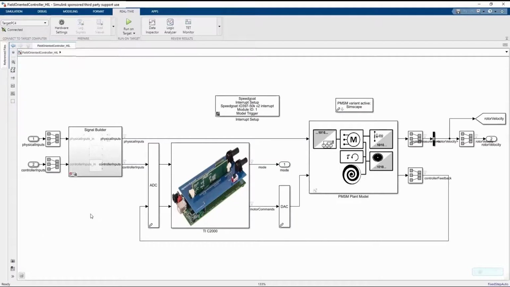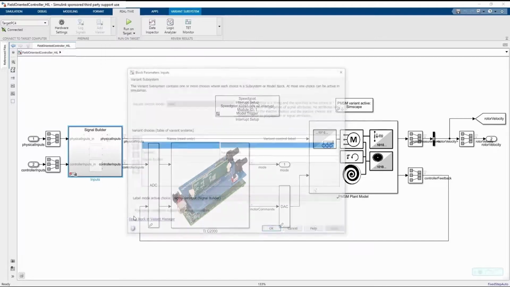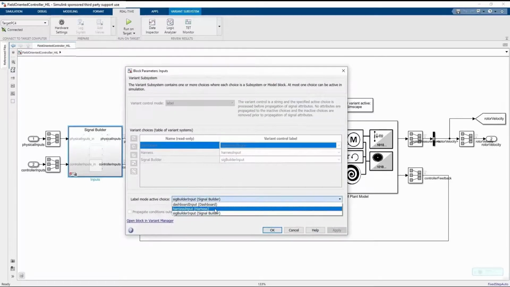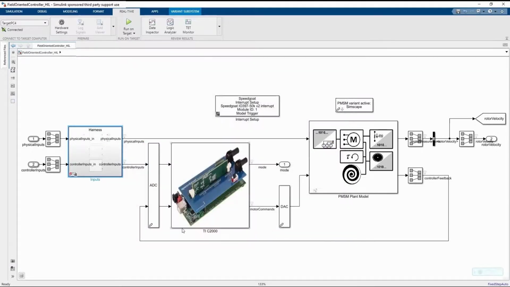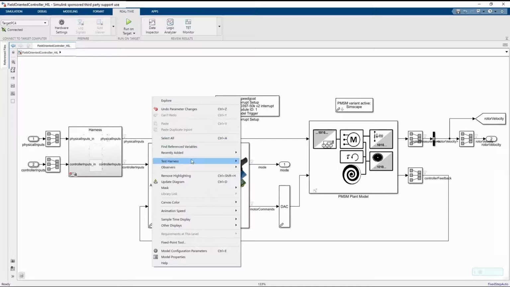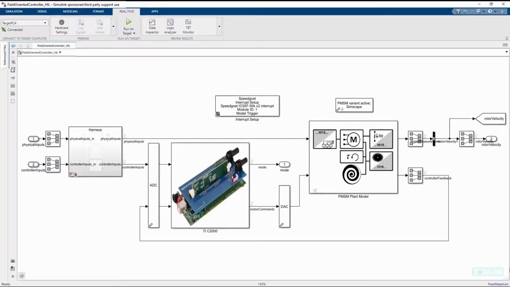For automated hardware-in-the-loop testing, we can use a test harness to apply different stimuli to the model's root-level inputs. A test harness is an encapsulating Simulink model which allows us to connect multiple test inputs and verification statements to our system under test. A test harness can be quickly created for any model by right-clicking and selecting Test Harness Create for Model. In this case, though, we already have a harness in place which I can quickly switch to